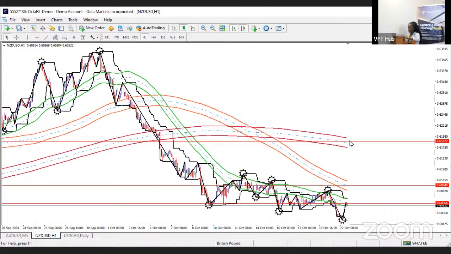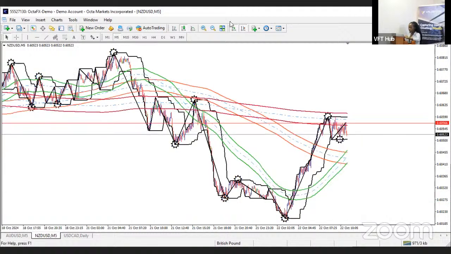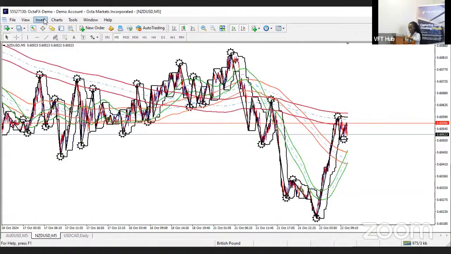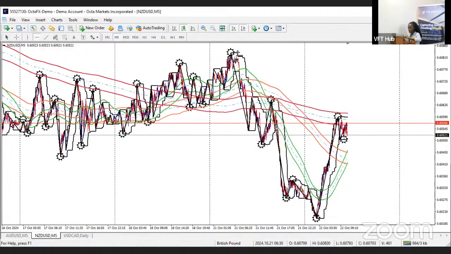Okay, so 1, 2, 3. Price has found resistance at this zone. Is it going to hold? M5, what do I see? On M5, I'm still going to use the horizontal line because it's much faster than using the insert the rectangular shape. So period separator, yesterday's high,